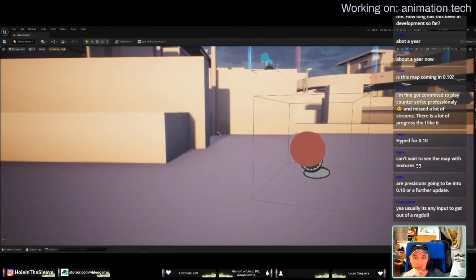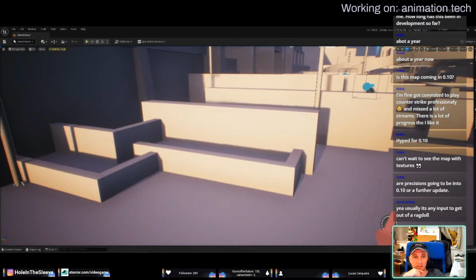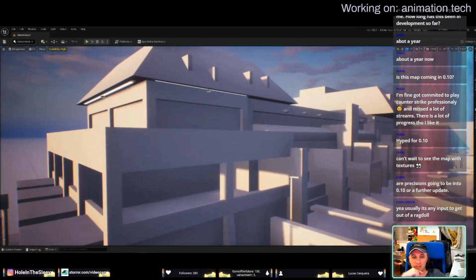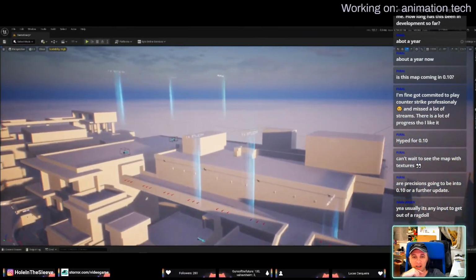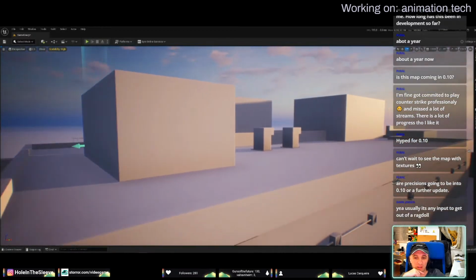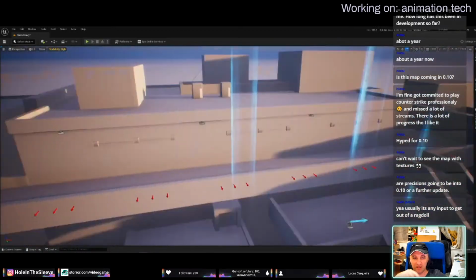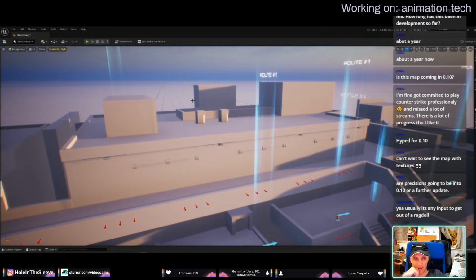This one? No, a bit higher. Let's just go on the top of any building and then try to see if there are a low wall to jump off. Yeah, like those ones. Or jumping off the whole building. That one is fine. You want to jump off the building? Yeah.